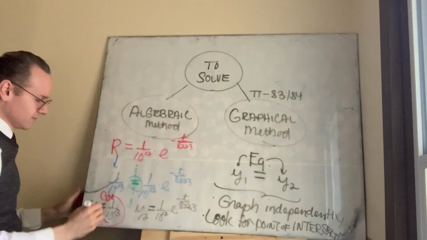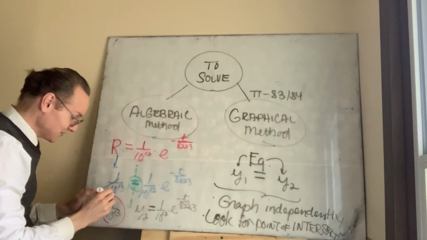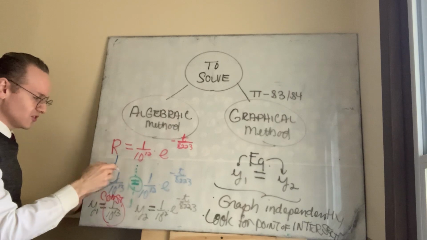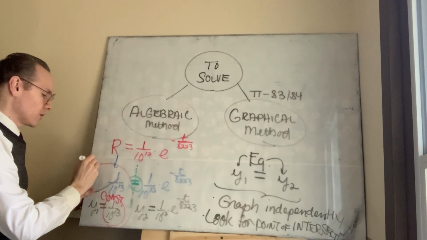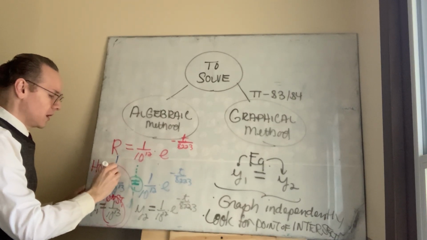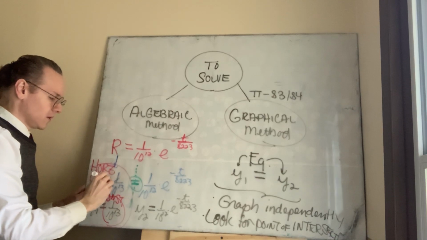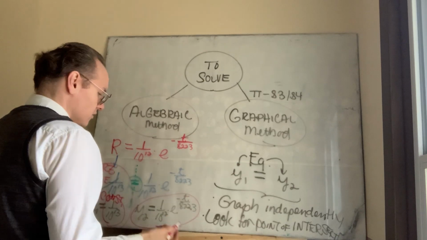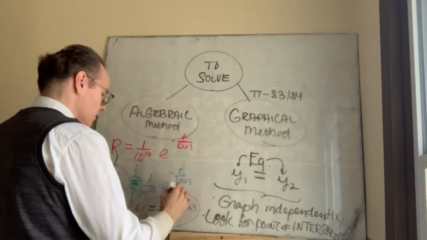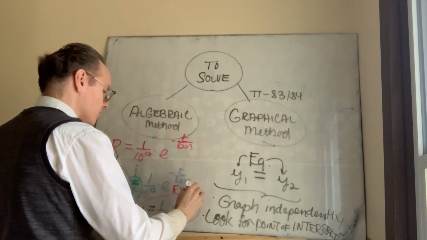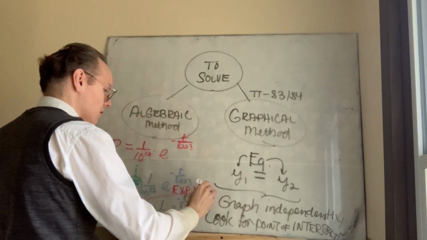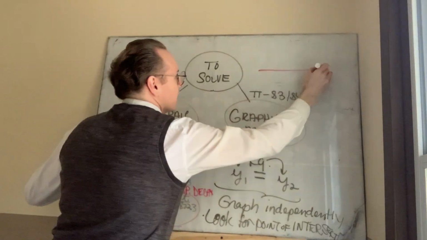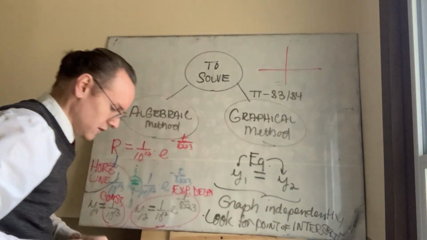This is still a constant, which means that this side of the equation is going to be a horizontal line, this side of the equation is going to be an exponential curve, right? It's going to be exponential decay,